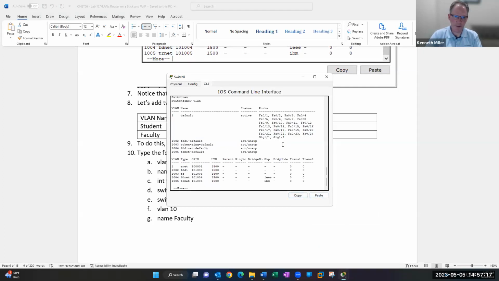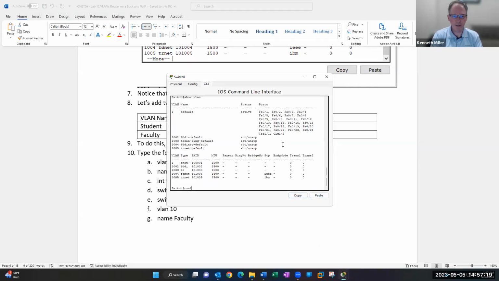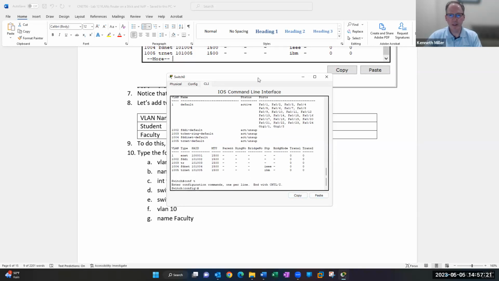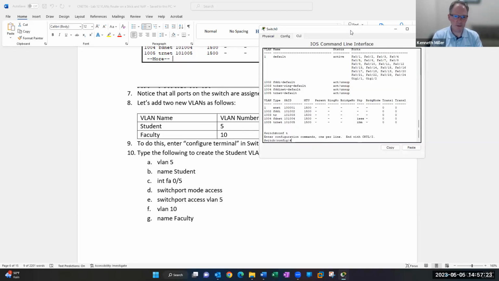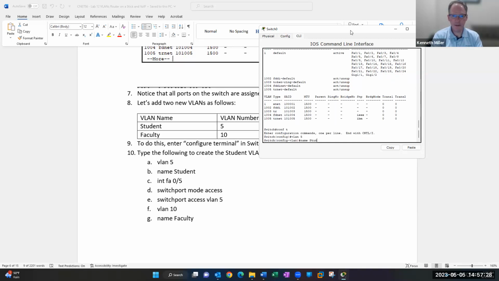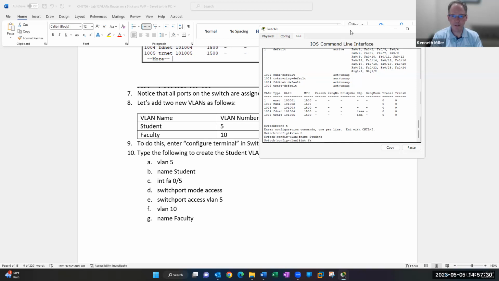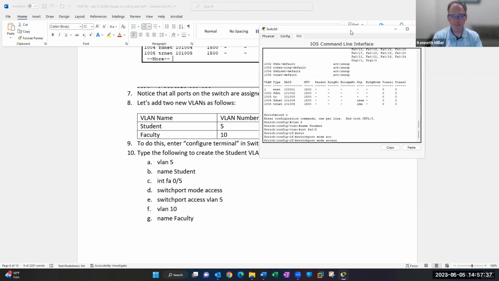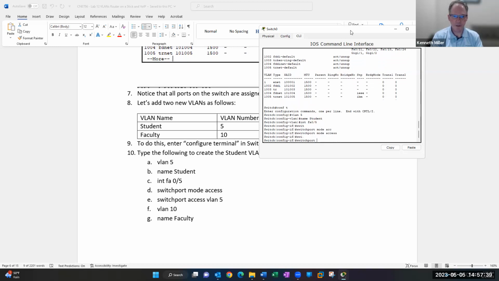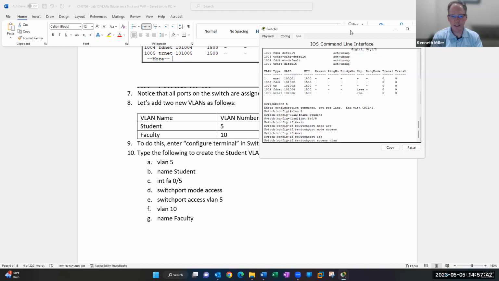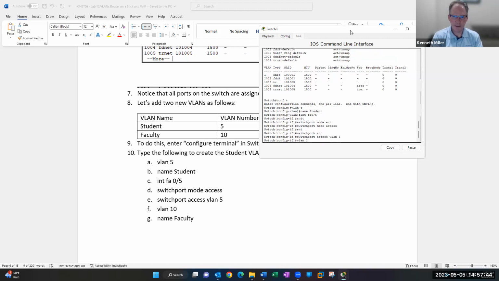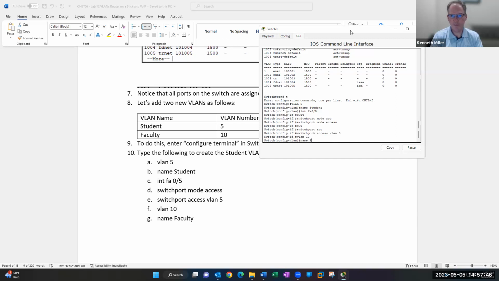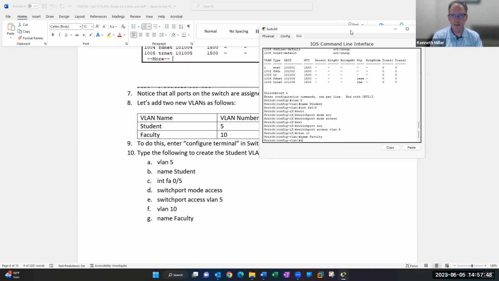If I go conf t, and I'm going to do VLAN 5, name student, interface FA 0/5, switchport mode access, switchport access VLAN 5, VLAN 10, name faculty, switchport